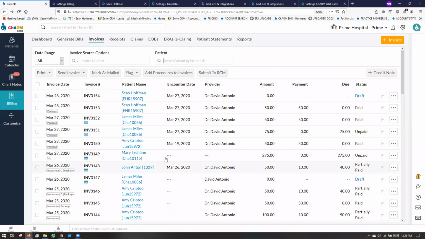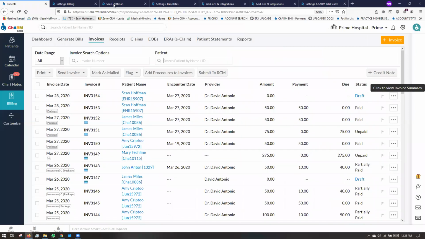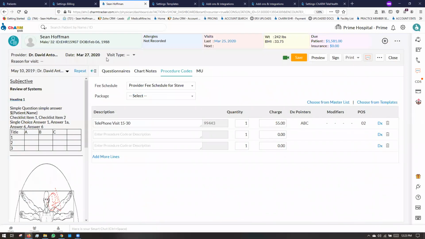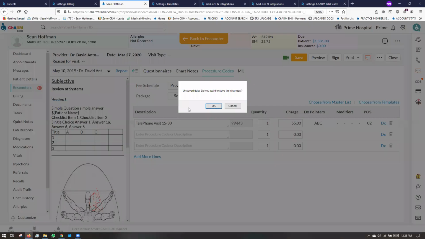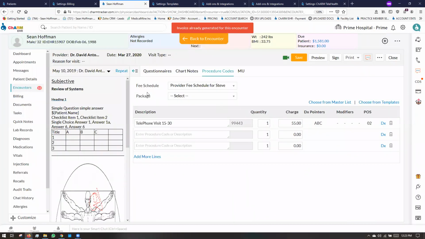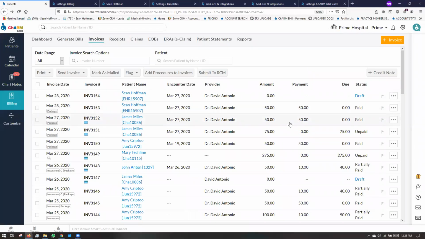Cancel, let's go down. So the invoice was already generated from this encounter. So we can't update it from here, but when you are in the invoice, you can also